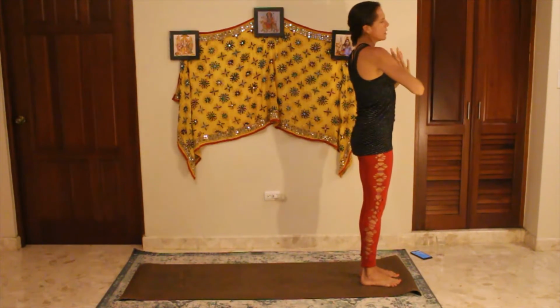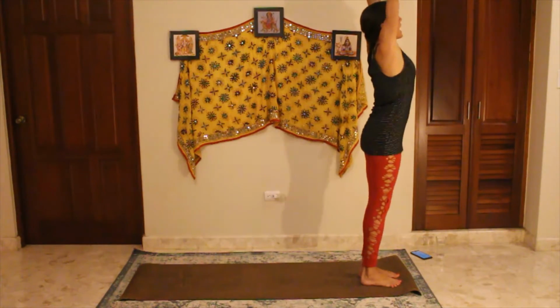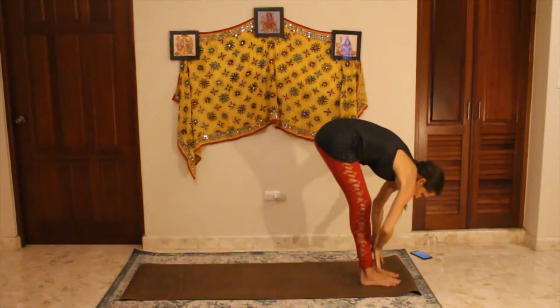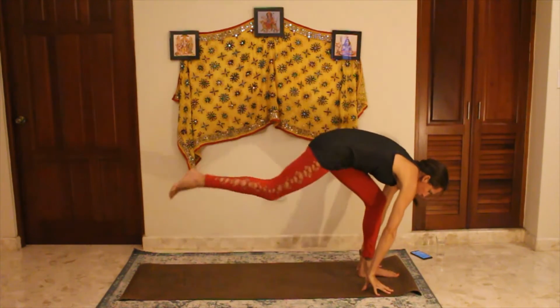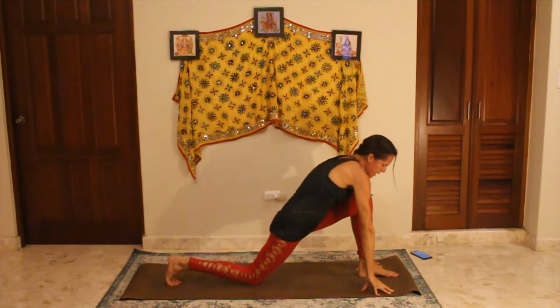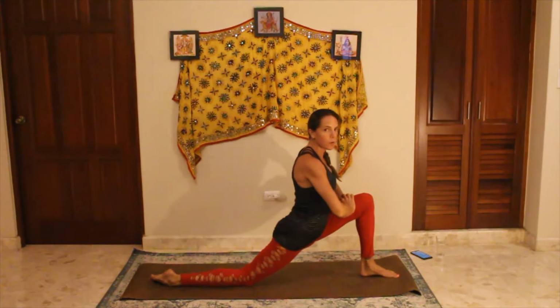Round 1, moving on to round 2. Inhale up, exhale, hinge forward. Inhale, flat back lift. Exhale, release. Inhale, right foot steps back, dropping the knee down to the mat, hands behind the left knee, and hinge forward,